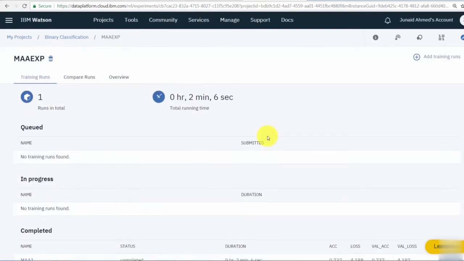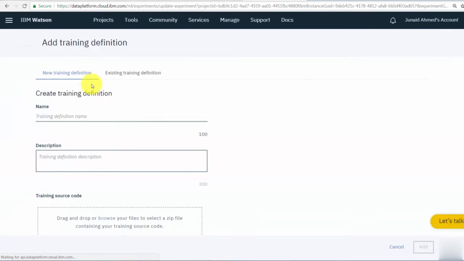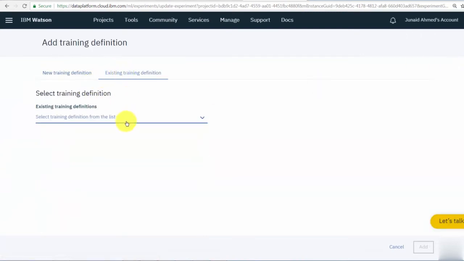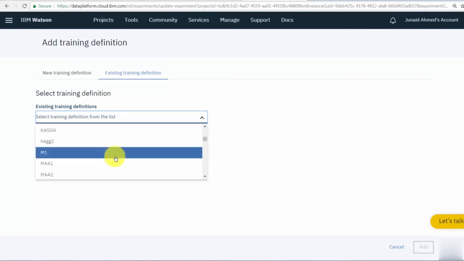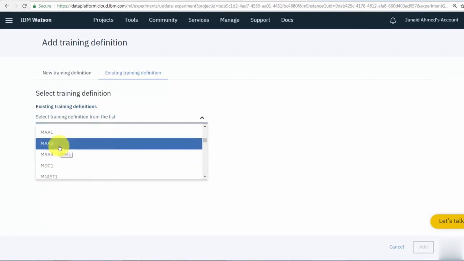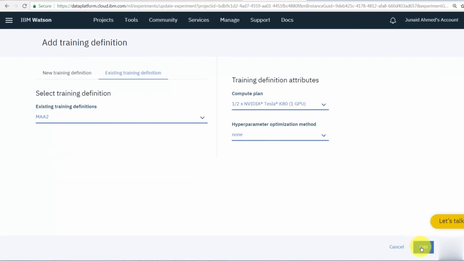Okay. So add your training run, and we're going to go back to existing training definition and simply try to find MAA2. All right, there you go. Pretty good. So go for add